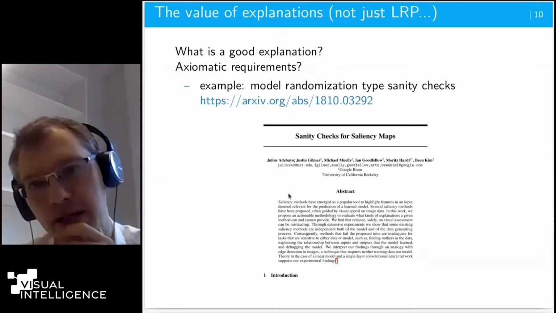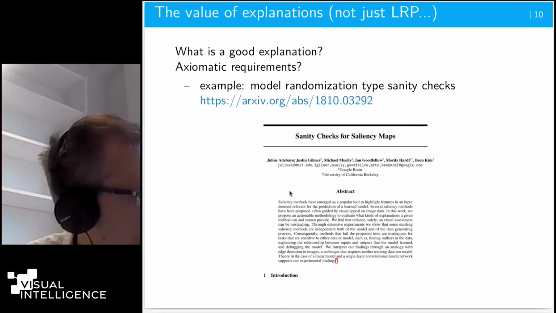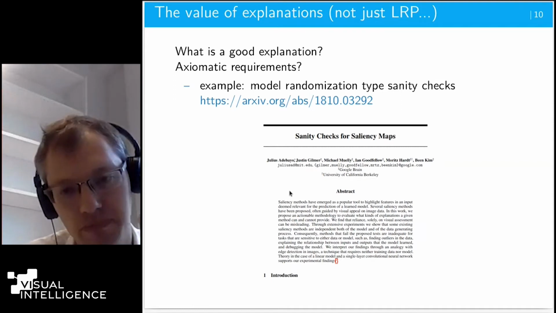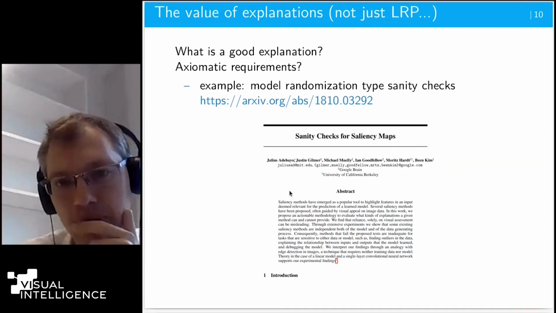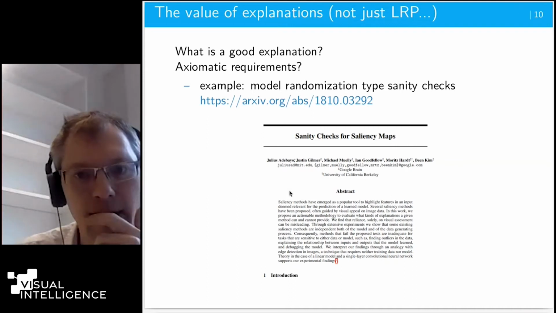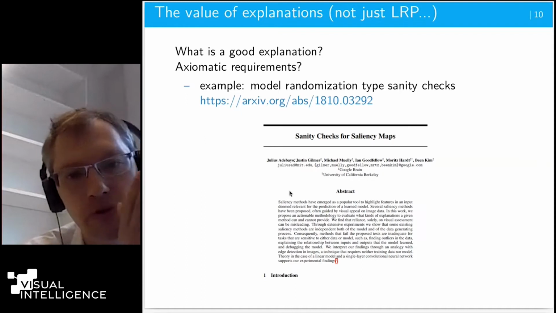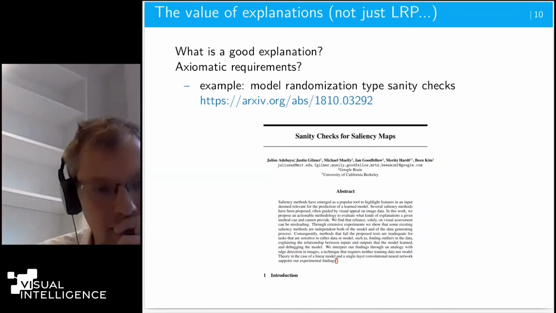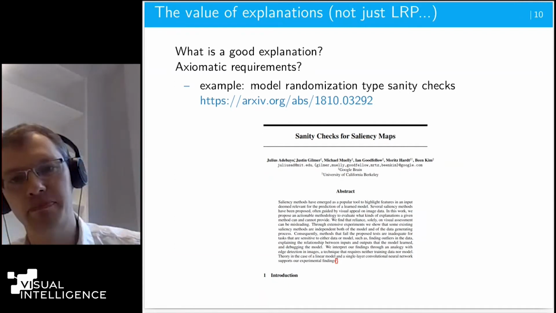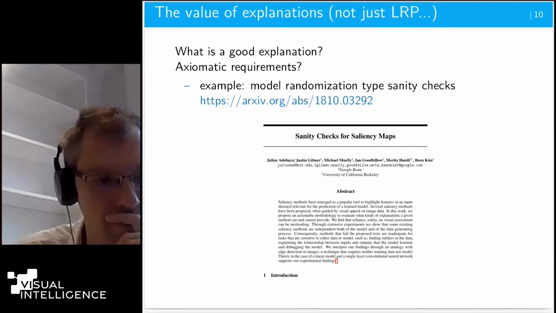I give you another example. That's a paper that got quite a lot of interest, and I will show you an experiment in this paper. It in principle introduces model randomization type sanity checks. That's the so-called sanity checks paper, but it's just one way of sanity checks.